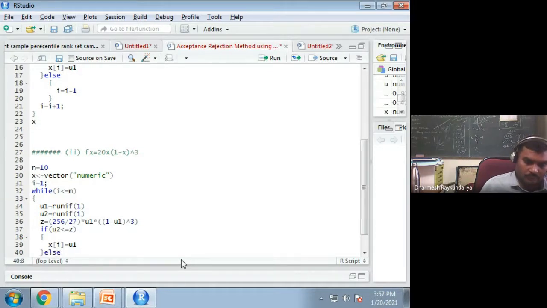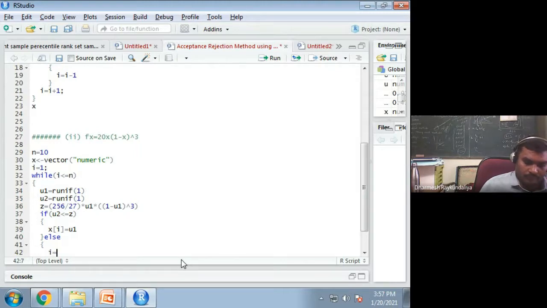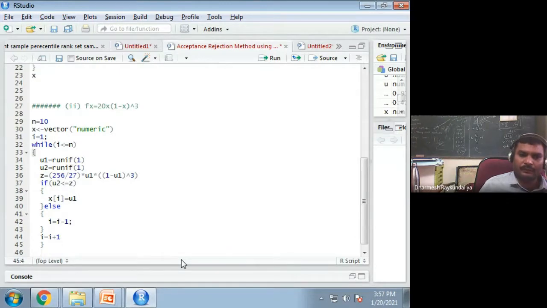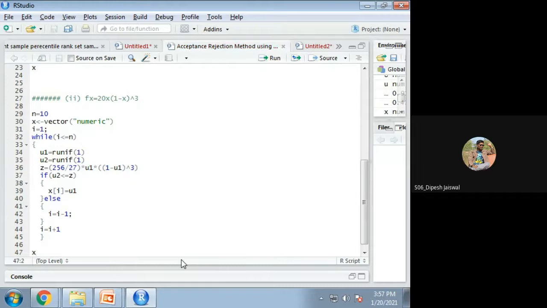Else, i equal to i minus 1, because there is a decrement. If the condition is not true, then you can give i equal to i plus 1, and then the bracket is over, and then you can print x. Okay, this while loop is over.